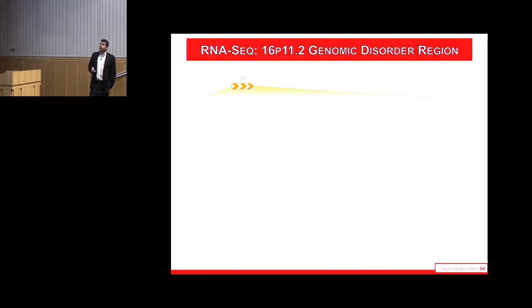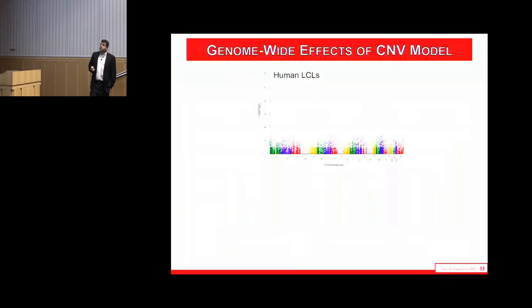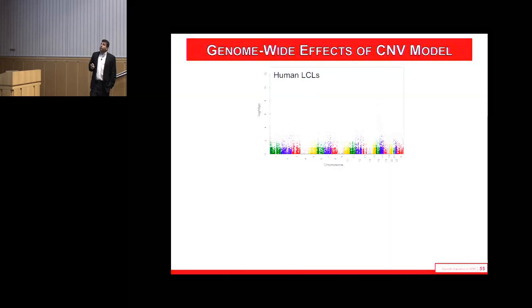And this is a look at the genes within the segmental duplications. And there's actually, when you normalize them to the patient, it looks like the patients are a little higher, but you absolutely get deletion and you get duplication in the CRISPR models that match the patient lines quite nicely. So if we then think about that genome-wide picture that we got from the human 16p11, we've done the same analyses in the CRISPR, and we get the exact same results.